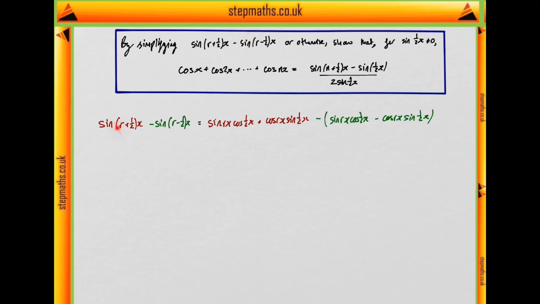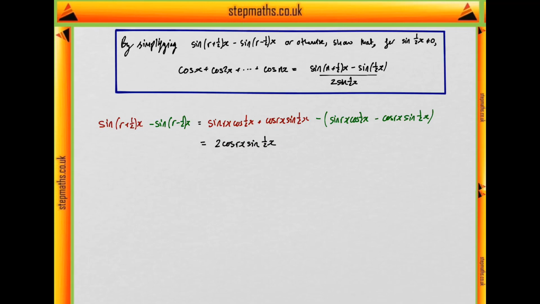Colour coding, we have sine of (r plus a half)x minus sine of (r minus a half)x, gives us this. I've just expanded these out using the addition formula and the subtraction formula for sine. These are in your formula booklet. Then if we notice that this sine of rx term cancels with this one, and we've got a minus minus, so we've got plus this term, plus another one of that term, that gives me two lots of it,